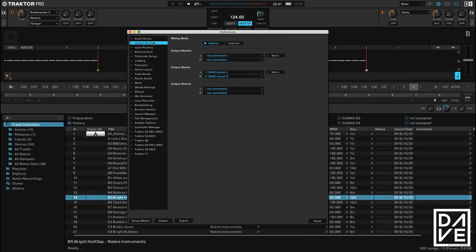Output routing. Now, this took me a while to get my head around when I first got Traktor. But if I'm running an S4, an S8, an S2,